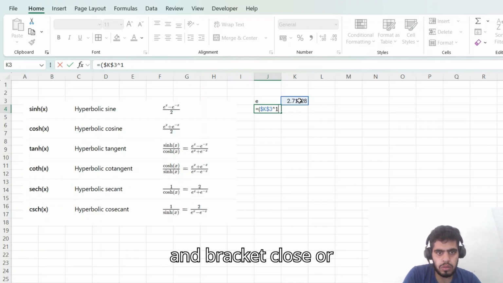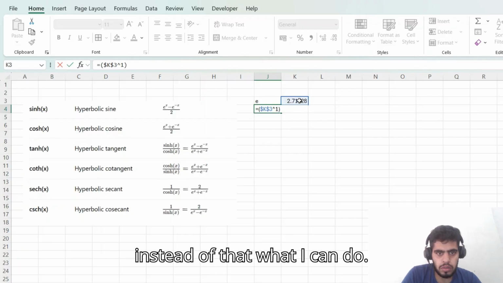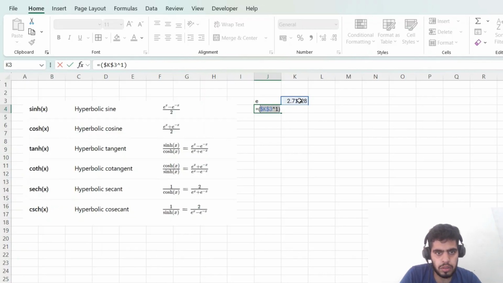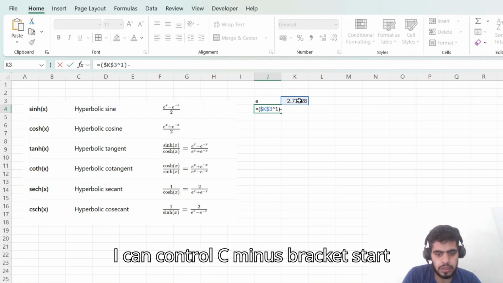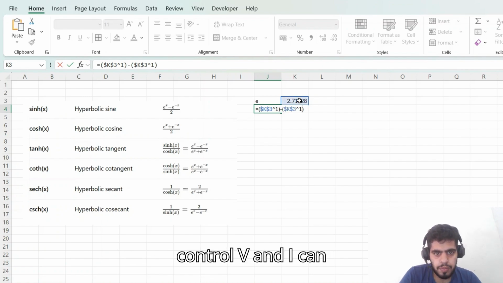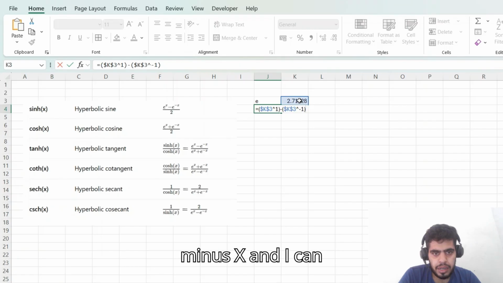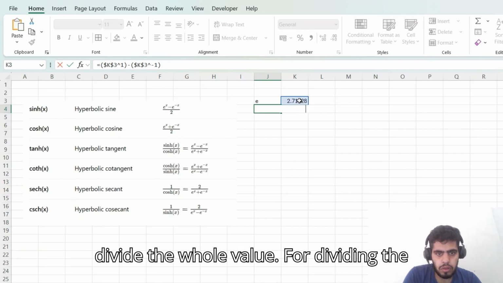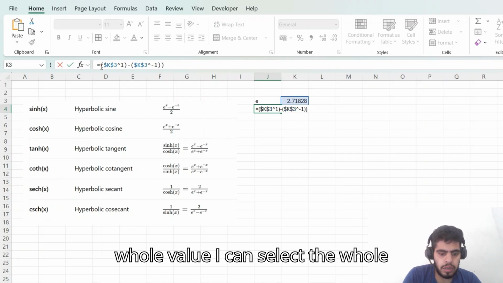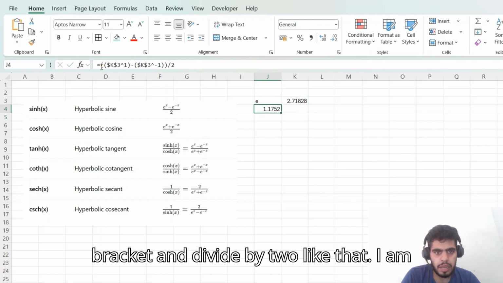Then I close the bracket, or instead I can copy that, put a minus, start a bracket, paste it, and put -1, because it is e raised to the power minus x. To divide the whole value, I select the whole bracket and divide by 2. I am getting the value